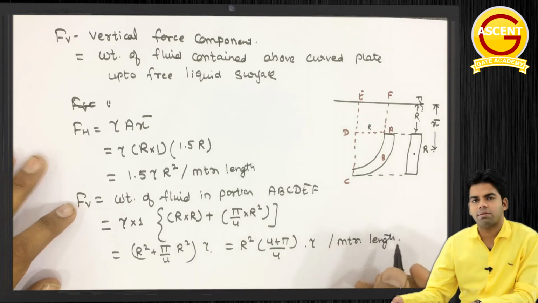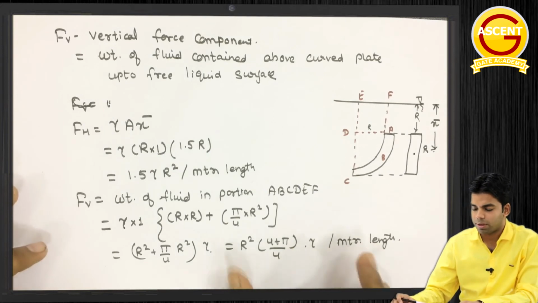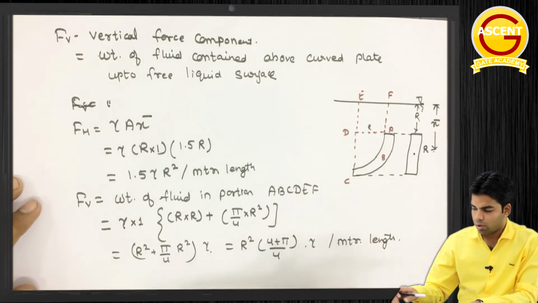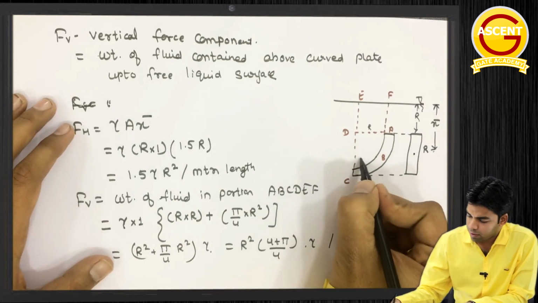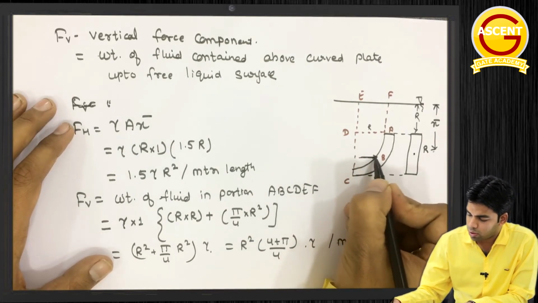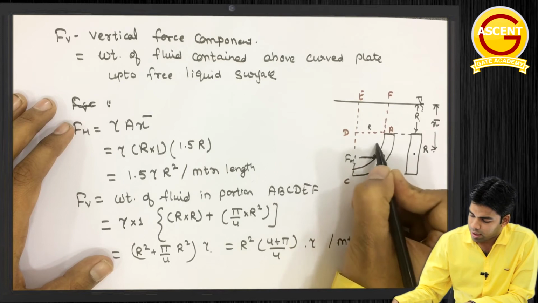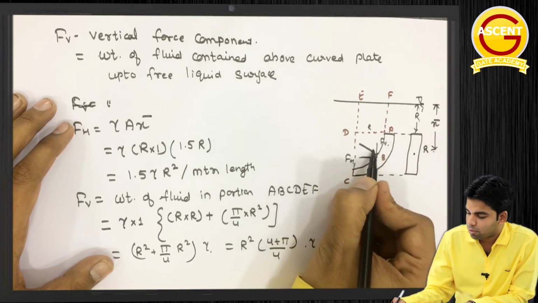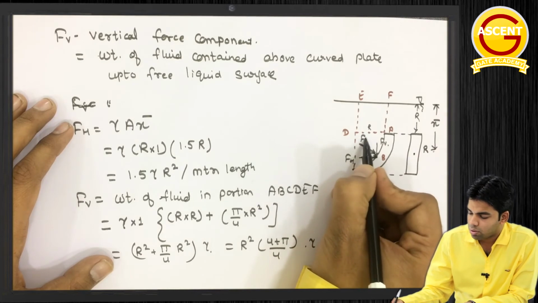Suppose the length is given as L meter, so just multiply this force by L. I am just telling you the way how you can determine. Okay, so these two force components are acting. First is the horizontal force in horizontal direction Fh, and second is the vertical force in vertical direction Fv. Now if we want to determine the resultant force, Fr,